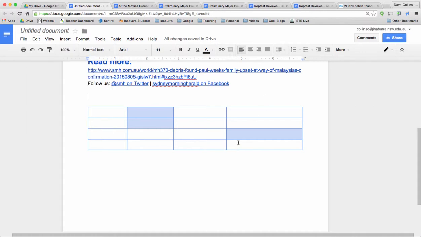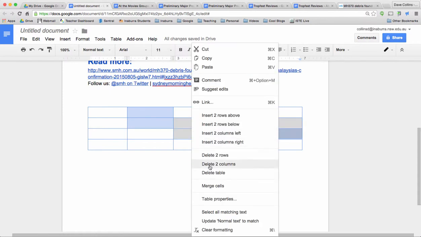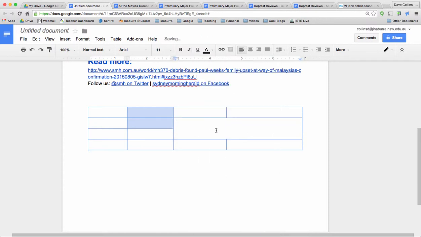Something new that happened in the last couple of years is the capacity to merge some cells. So if I highlight those four, I can right click and I can merge, and there are a lot of other options up here as well which are available to us. So in some of these things in the past we felt a little bit limited with that. Alright, so